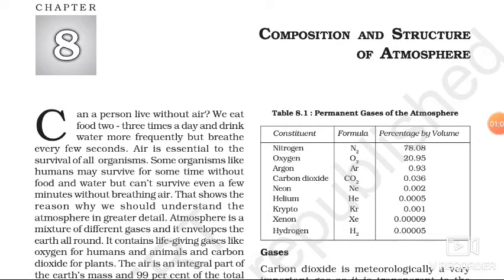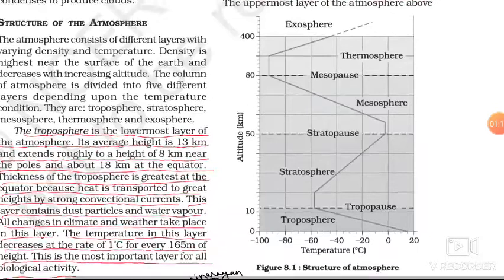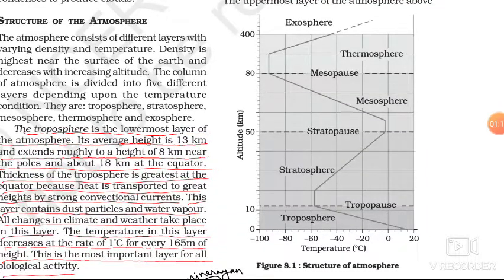Now, how does climate form in the atmosphere? What is the atmosphere? Before doing this, I would like to show this graph of the structure of the atmosphere, and how the atmosphere varies. You can see from this graph that the lower layer of the atmosphere is the troposphere. After that comes the stratosphere, and the tropopause lies between the troposphere and the stratosphere. After this, the temperature remains constant for 10 to 20 kilometers. After that, the temperature again starts increasing,